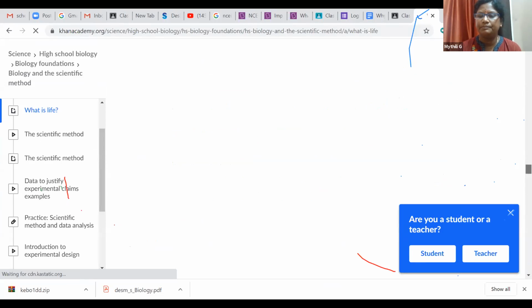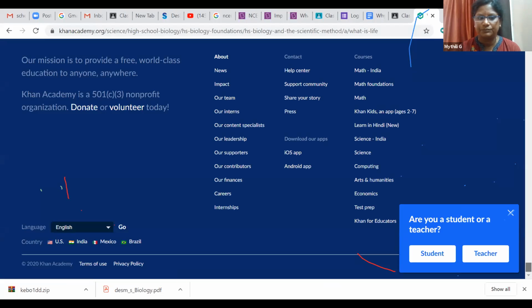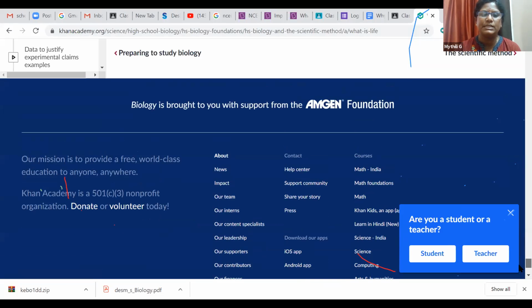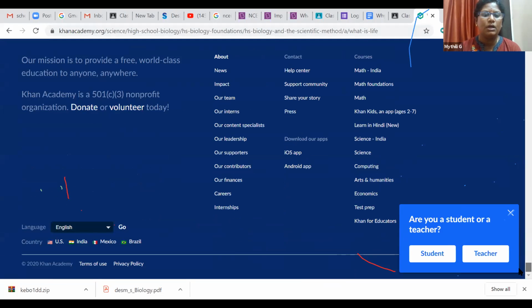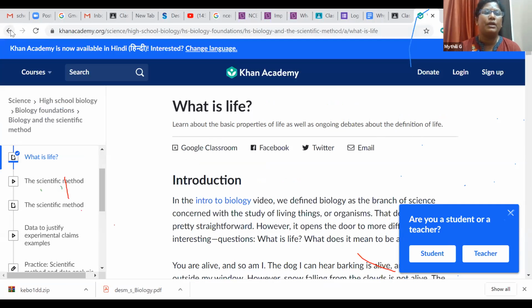You can see whether the licensing, the CC licensing, is available or not. You have to see that before using this content. That is very important.